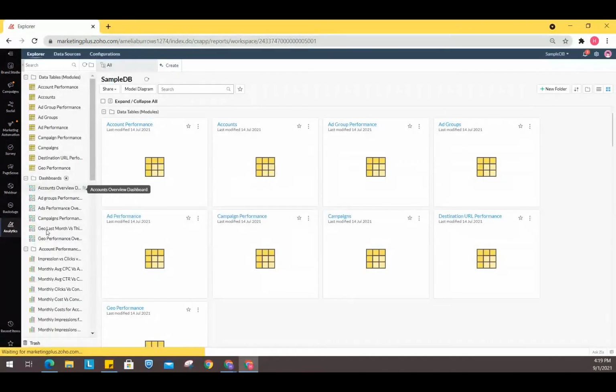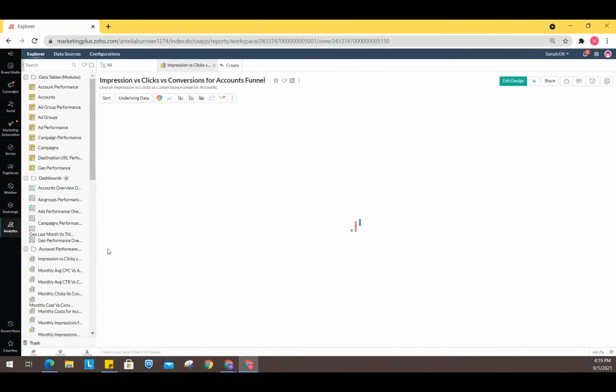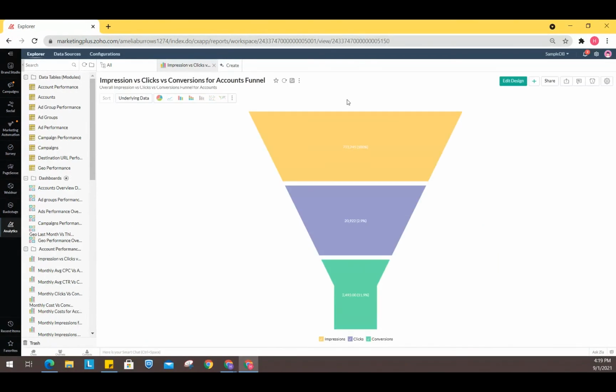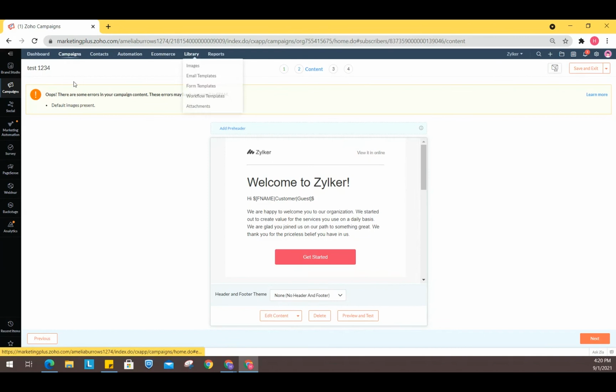I'll just show an example. Yeah, this is one example in here. This is an impression versus clicks versus conversions. You can just view it in pie chart as well. So there are different types of charts and pivot tables and all these things. We also do find reports in campaigns.